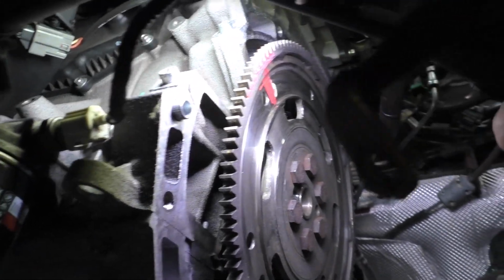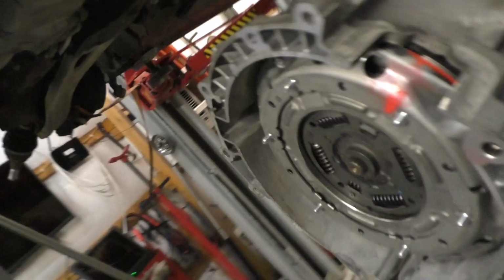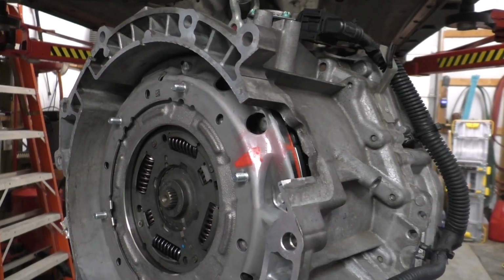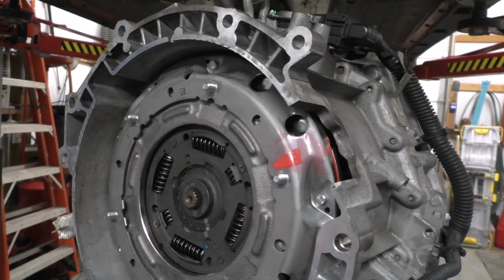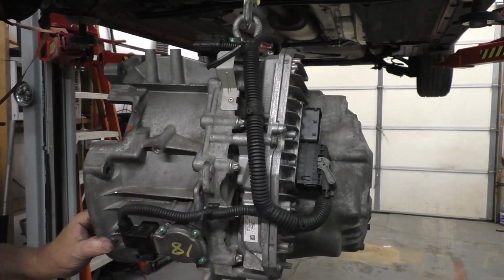Right there is the divot that I was talking about. Right there is where you get your bolts in. That's where the starter sits. Okay. So, told you I was going to show you all that, and after that I'm going to turn the camera off, because you can just reverse what we did to take this transmission out. But essentially,